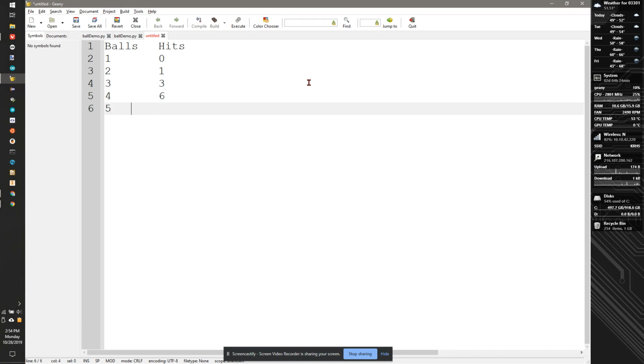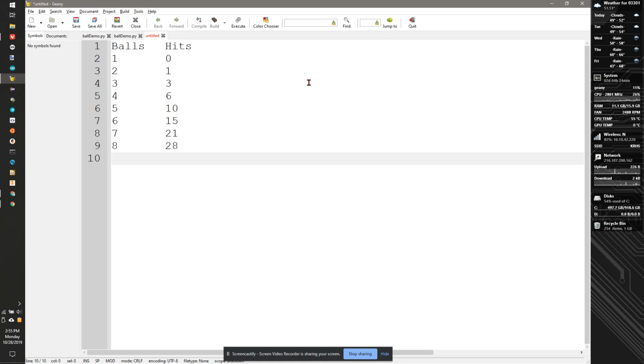If we have 5 balls, we have 10. If we have 6 balls, we have 15. If we have 7 balls, we have 21. 8 balls, we have 28. 9 balls, we have 36. And 10 balls, we have 45. And the way you figure it out is you take the number you're on and you add